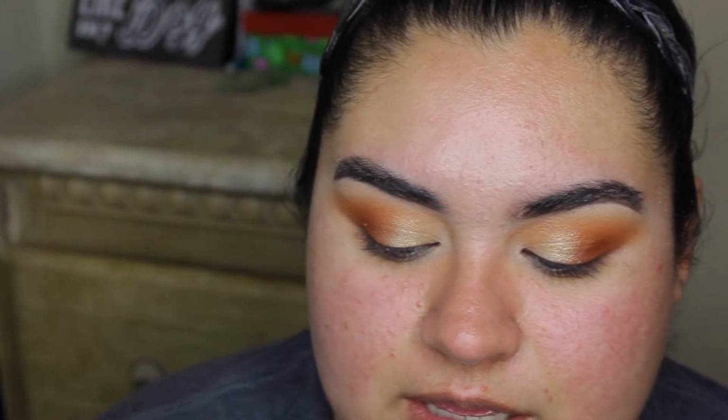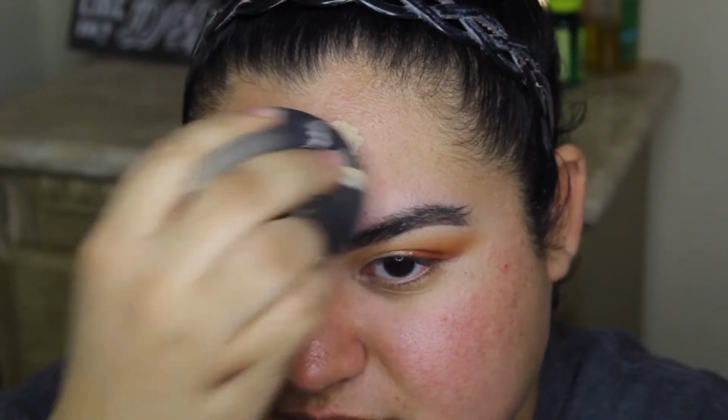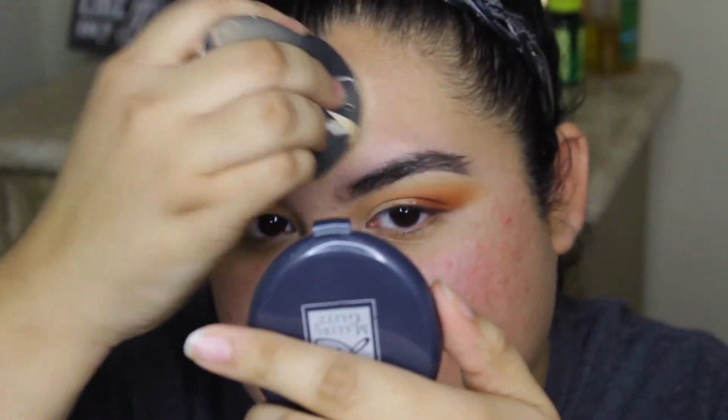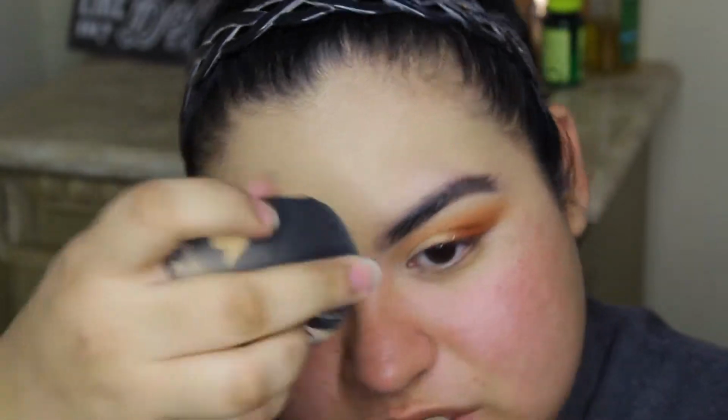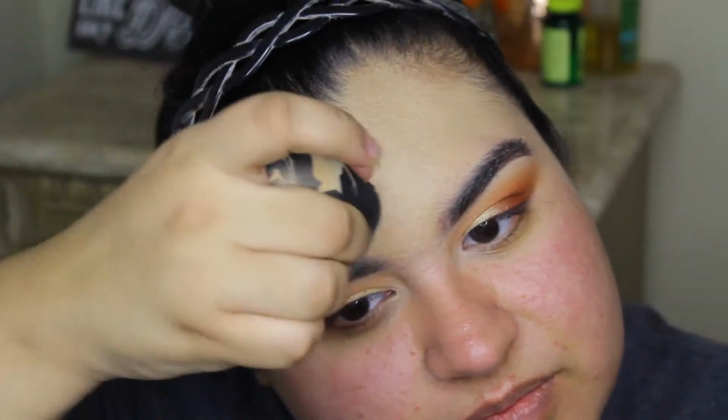I use my Maybelline 24-Hour Super Stay Foundation. It's really good. This is my go-to favorite. Dude, this sponge is so dirty. This sponge is also really good though. Wow, it looks too light for me. The sponge is ginormous. This is the Sonia Kashuk sponge. I've had it for a while. I feel like I need to go get another one because